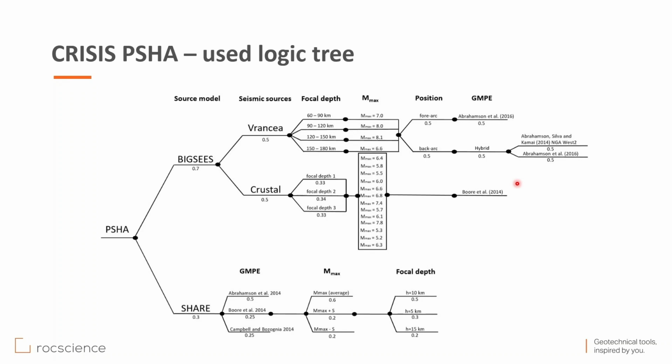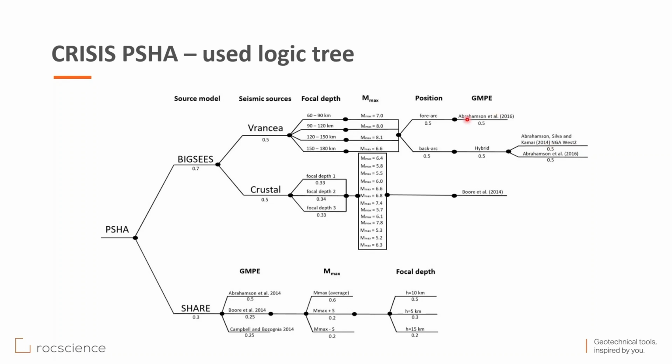Of course, during the processing we have the possibility to use a more accurate and complex probabilistic evaluation. For this, logic trees are used during the probabilistic calculations. In our case, I used a complex logic tree where the BIGSEES model had 0.7 weight and the Shear model 0.3 weight. And of course, the BIGSEES branch system is very similar to the logic tree used by Poul et al., but at the end, the branches are a bit